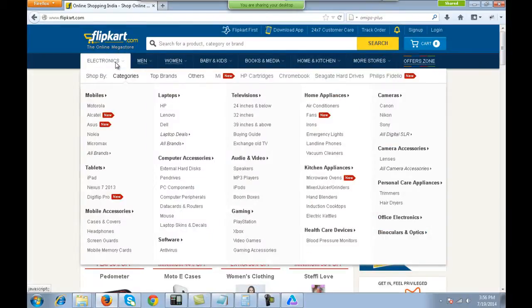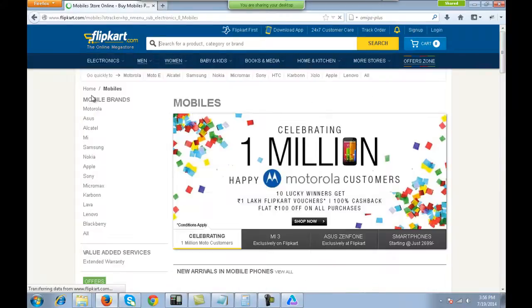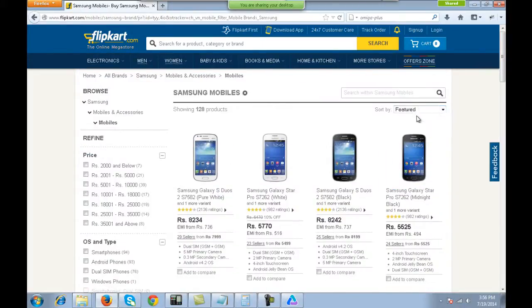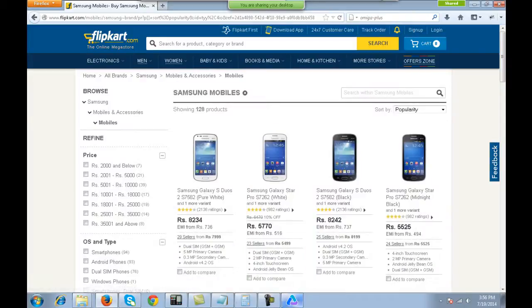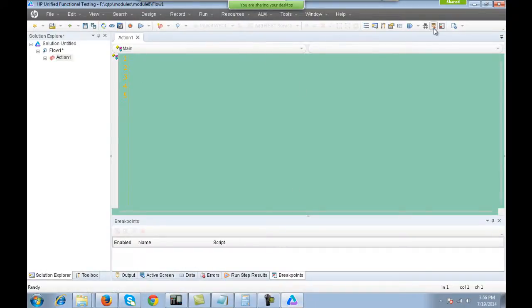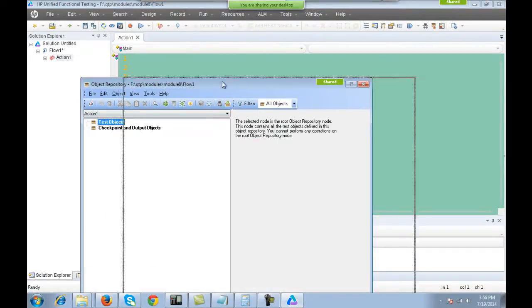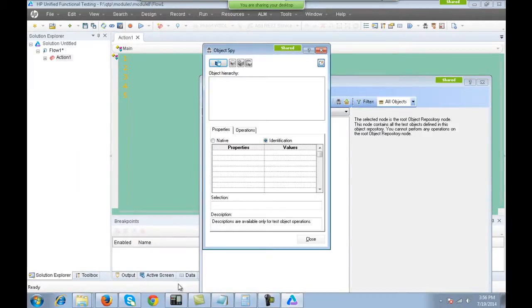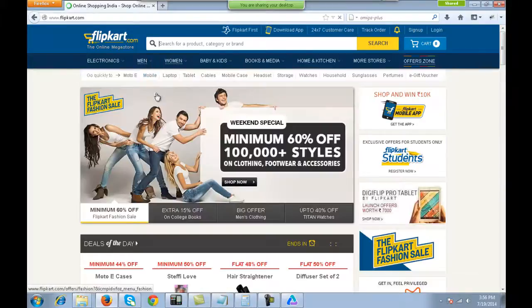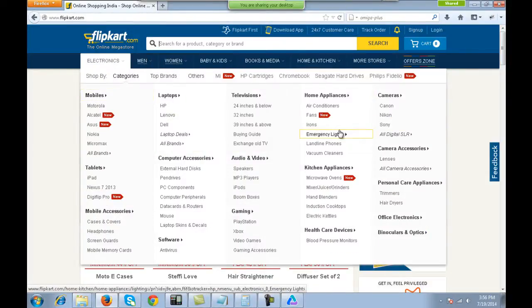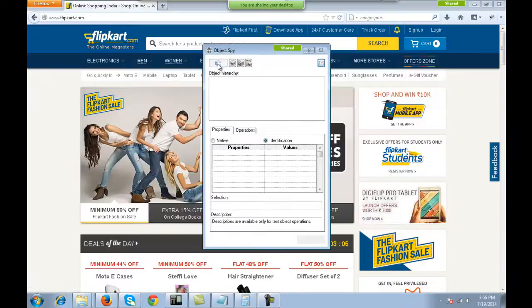I need to go under the electronics tab, there will be a mobiles link. I need to click on this mobiles, then click on Samsung, and then I need to select, say, popularity over here. So this is my first flow. So what I can do is open up my repository. I made a new test, so I'll get a fresh repository. I can open up SPY and say firstly I need to click on mobiles over here. So with the help of SPY,